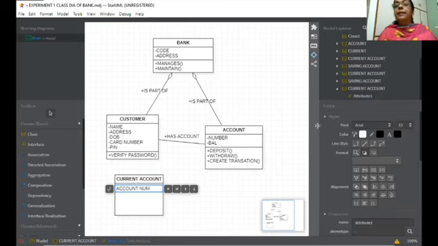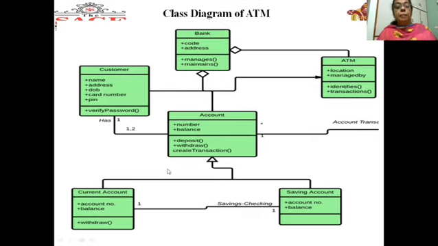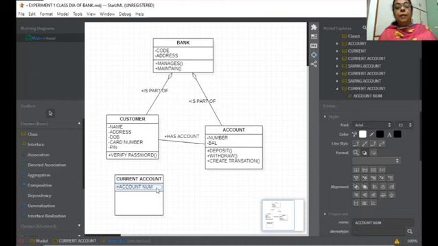We can see here again, if you want to see, the attributes are account number and balance, and withdraw. In saving account, account number and balance and withdraw also we can make. Now we again change the screen sharing and we will make here balance and account number. Now account number